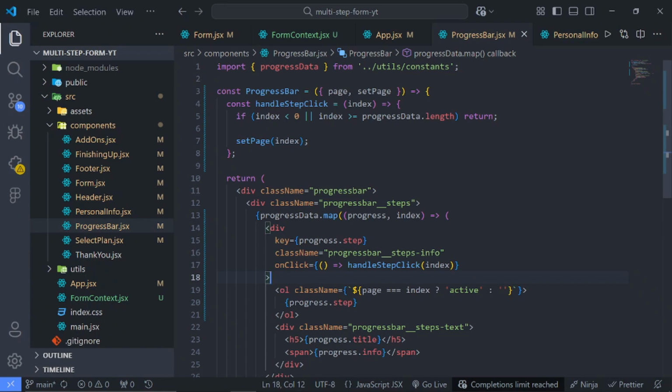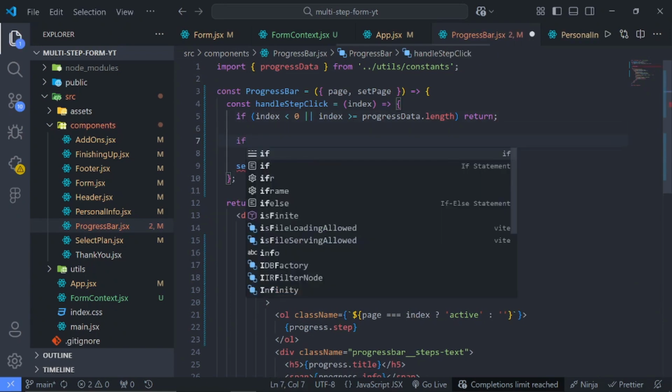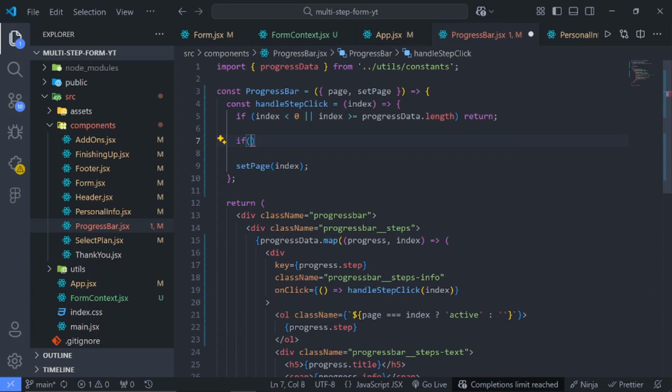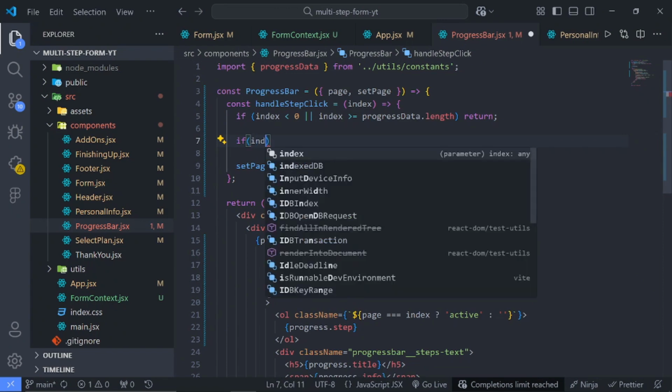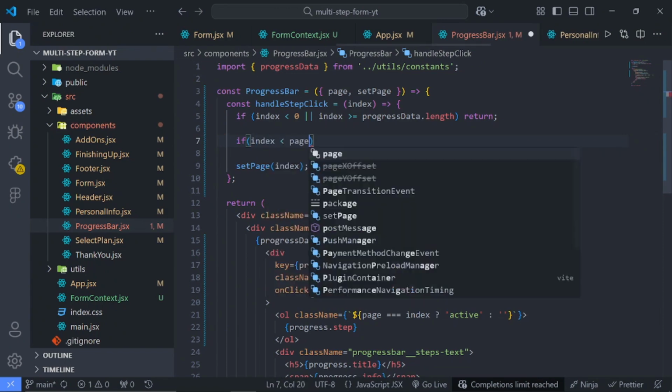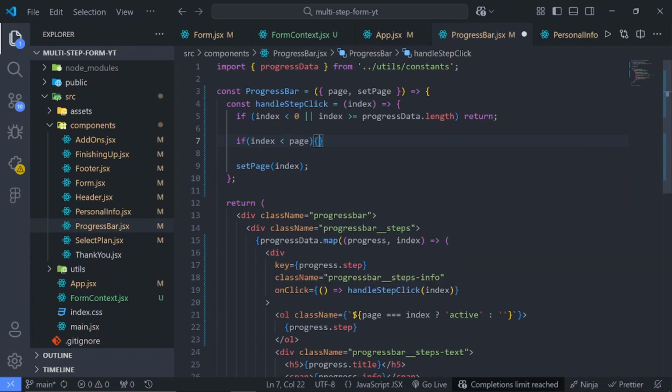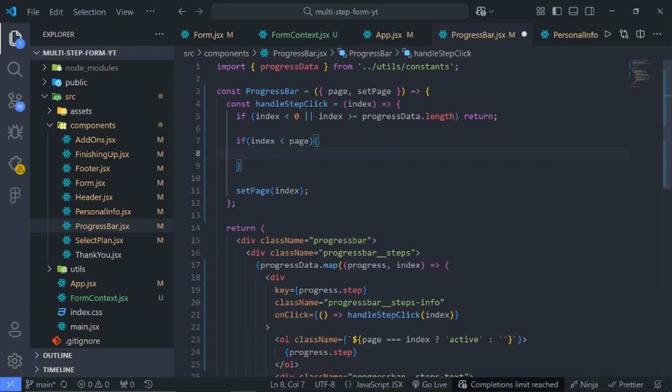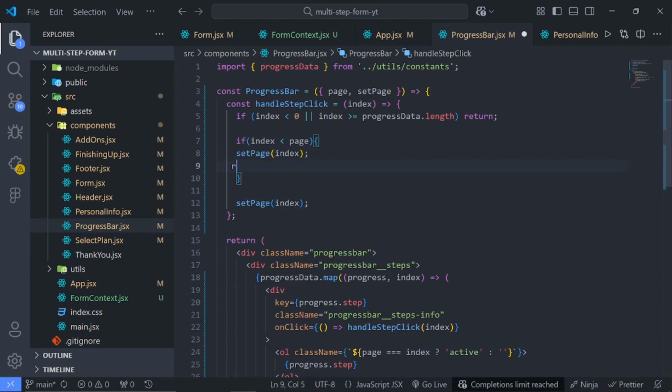we can just add some validation and say if we are going backwards, we can allow without validation. So we can go back without validating. So we can say if the index is less than the page, we can copy this sets page data, and also return this. Then for us to get that validation or stop if any of the validation fails, we